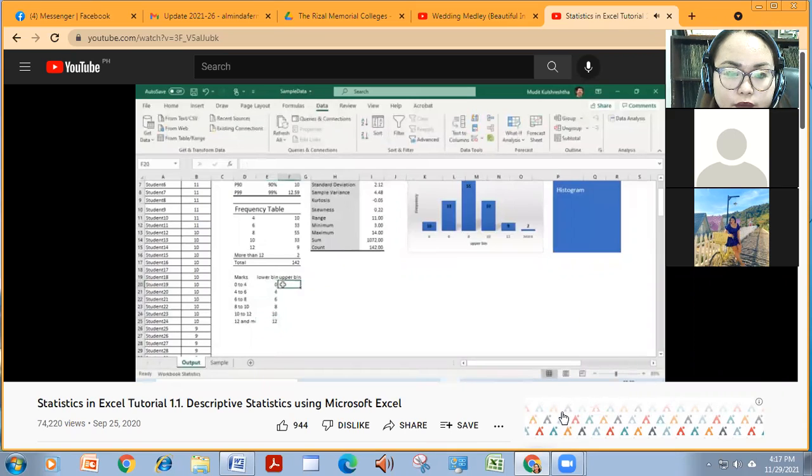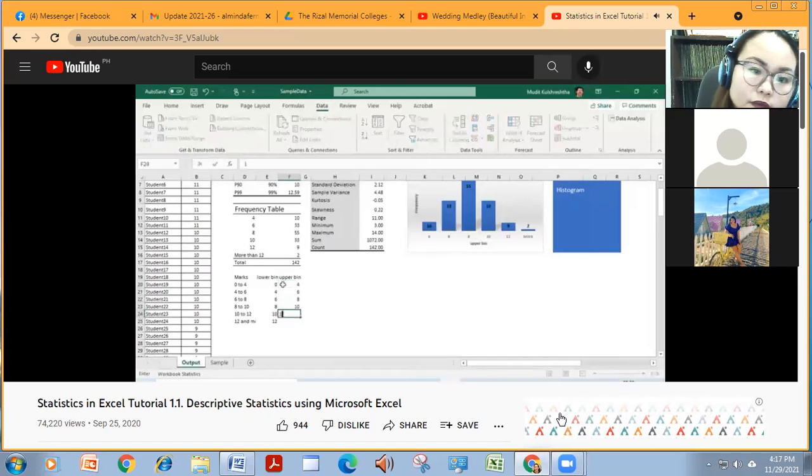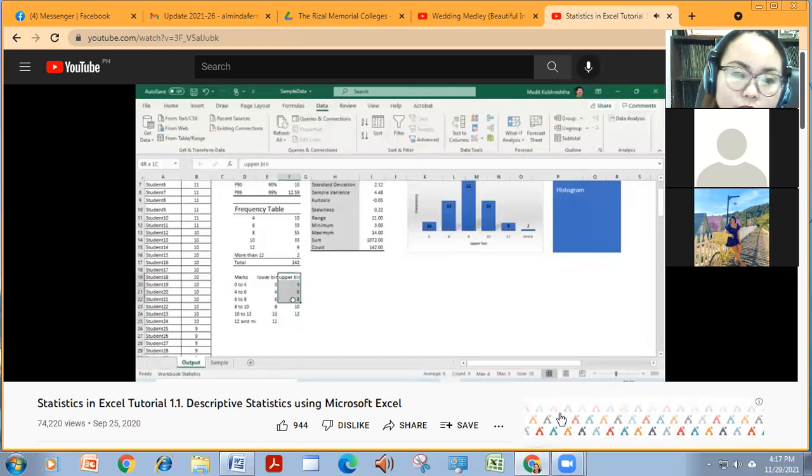And the upper bin is the larger number here, which is 4, 6, 8, 10, 12. And so Excel only uses the upper bin data to compute, which is why in this frequency table you only see the upper bin data. But it actually means that between 0 to 4, how many students are there. So this is called as a class, and this gap 4 minus 0 is called as the class interval.